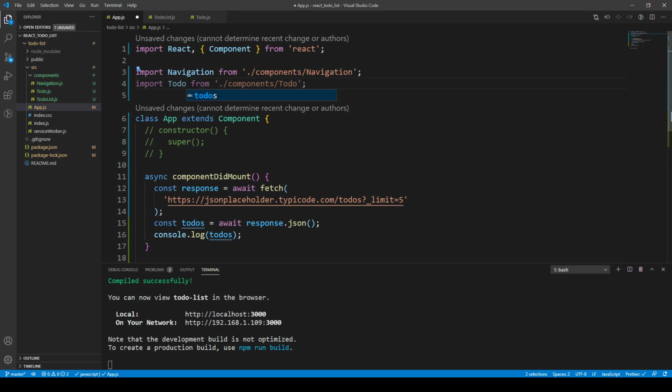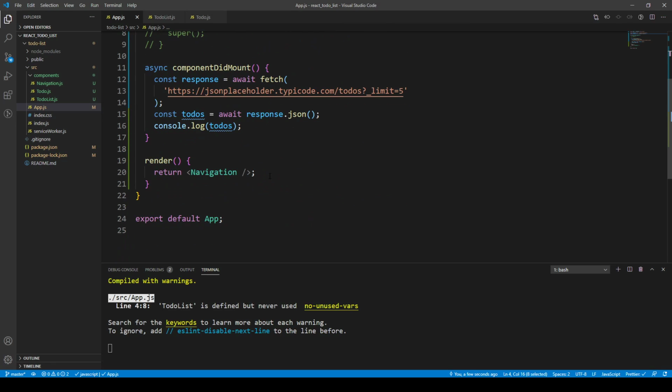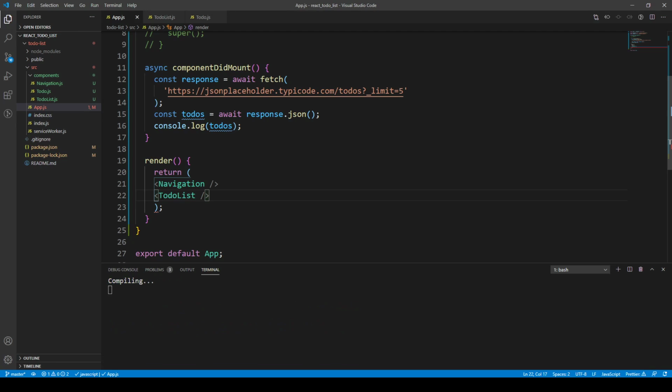I'm just doing both of them with a Control D. That means I can have a self-closing component here, and now notice this is where I'll need the brackets, because I'm returning multiple things or multiple lines. So if I get the to-do list here and have the closing bracket at the end there,